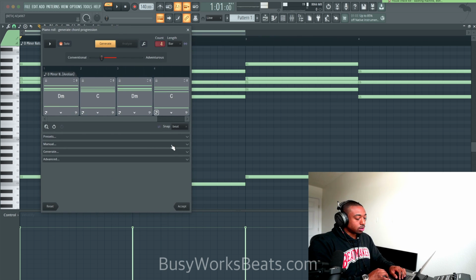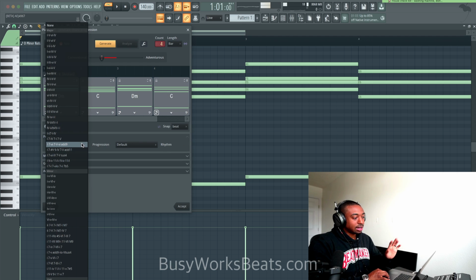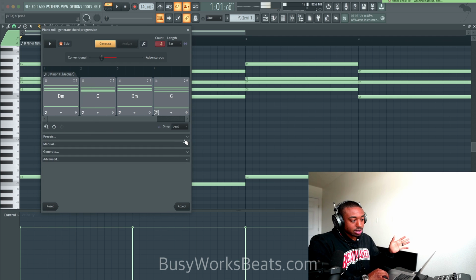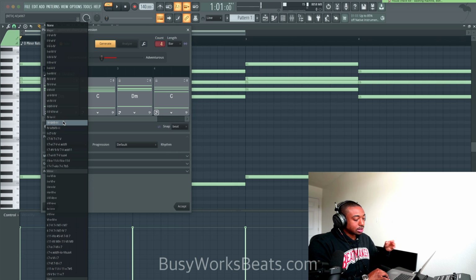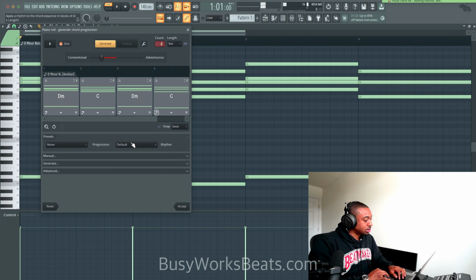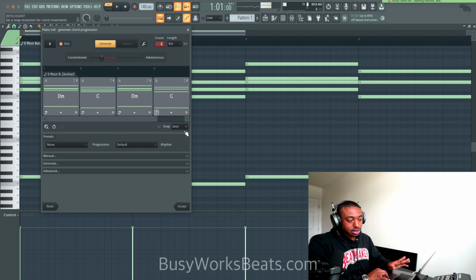So there's also some presets here. I'm not going to get into presets because that requires a different lesson. But if you guys want to just quickly load up these presets, I think there should be a 251 in here personally, because it's like a huge major chord progression. I don't really use this because of the restrictions on it. So I'm going to close that out.